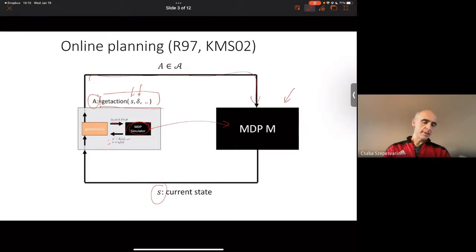So the planning algorithm itself could flip coins, but it's calling this MDP simulator that responds in a random way. So if you want to talk about what happens here, then you need to introduce a bunch of other random variables. And then there were these questions about this probability space being large enough or not, the one that holds at least the trajectories, and in which you can assign this joint distribution over the trajectories. That depends on the policy that you chose and the MDP.